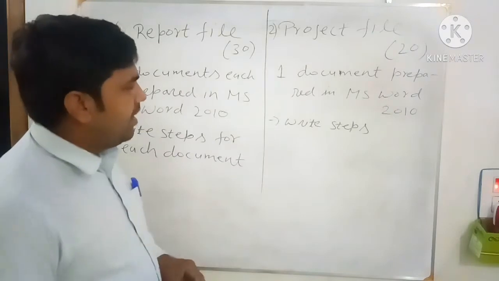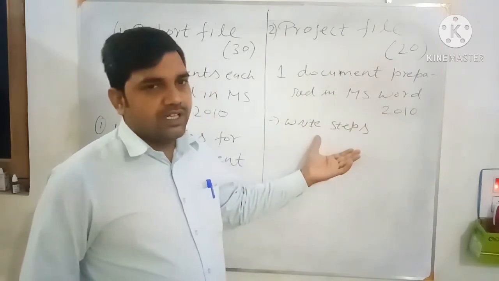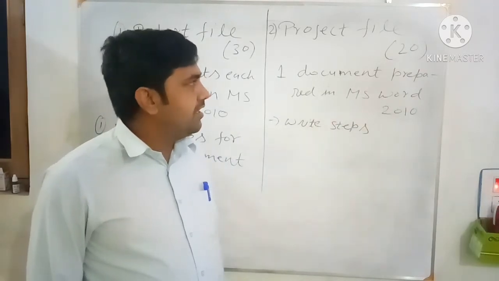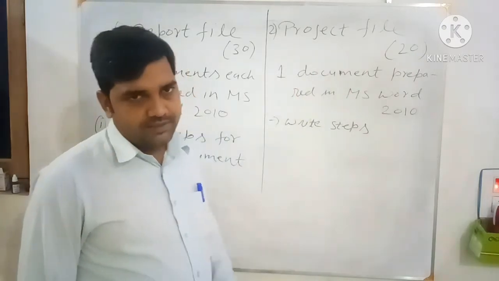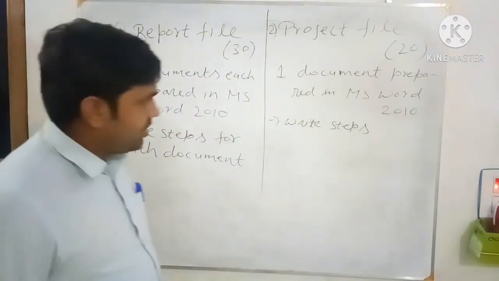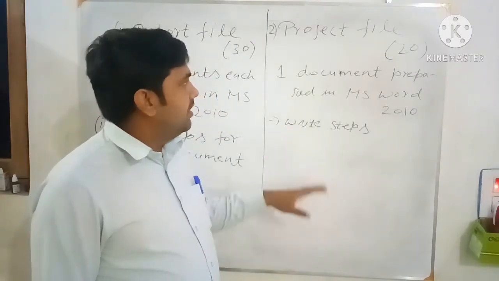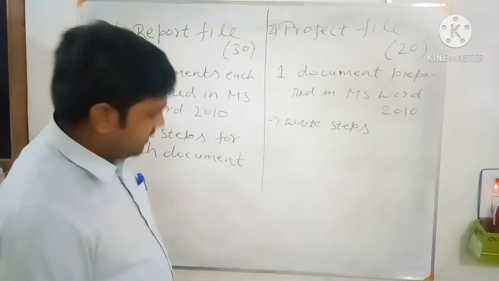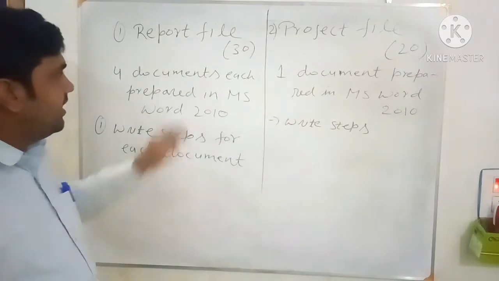In the project you prepare a good one. You can make a good greeting card, and that greeting card should contain at least 2 or 3 pages. Because it is project work, you create a greeting card which contains 2 or 3 pages, minimum 2 pages. Or you can make a good poster as you have seen, or you can write some good article in the project, and its steps are also needed. Now we'll discuss how we place these things in a file.